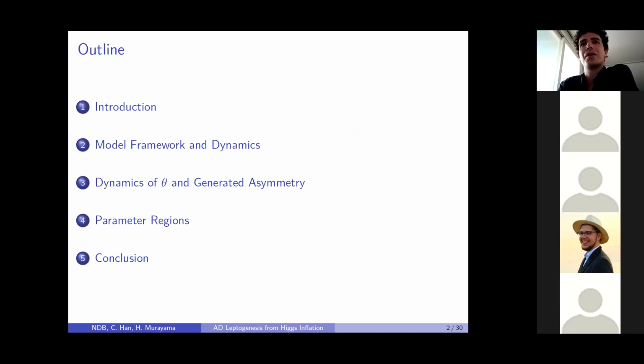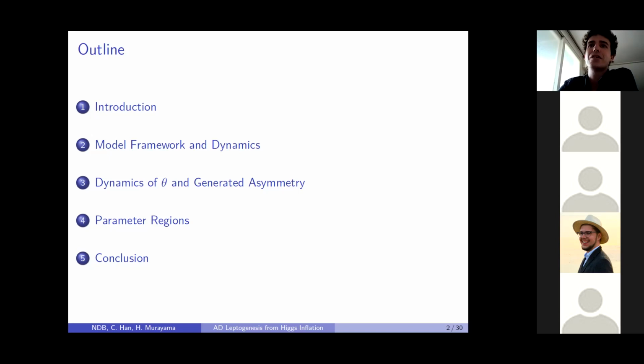So to discuss this, I'm going to firstly just introduce some of these main issues and how the triplet Higgs will address each one, bring it all together and discuss the model framework as a whole. Going to go through the Lagrangian and so on and show the equations of motion. And then I'll look at how the actual asymmetry is generated in this model, comparing the numerical and analytical results.